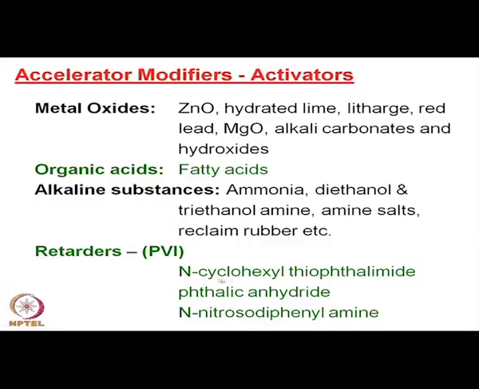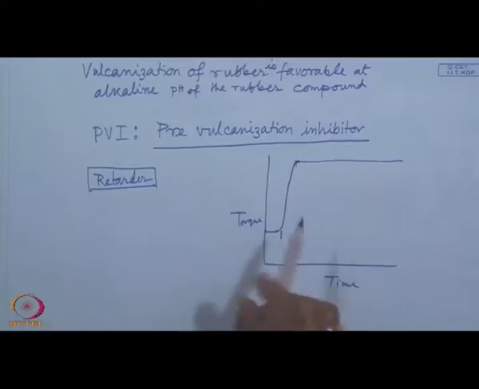So acidic compounds, this phthalimide type of compound, or nitrosodiphenylamine are used as retarders along with very fast accelerators. Even if a fast accelerator is used, if these PVI compounds are present, they will prevent the vulcanization reaction from occurring during the